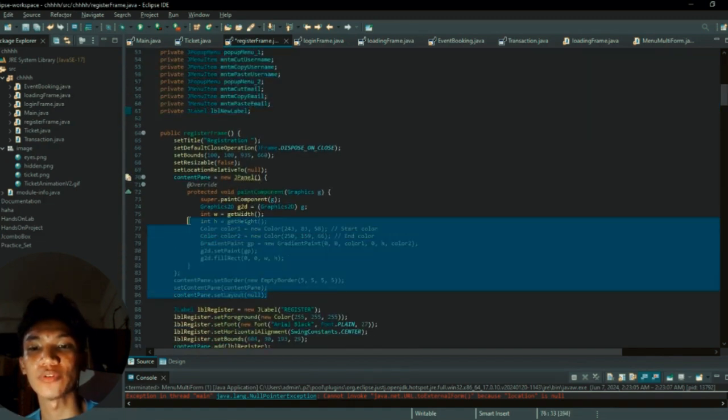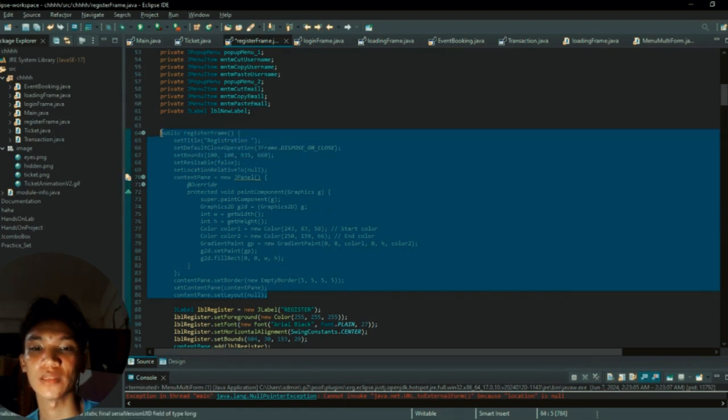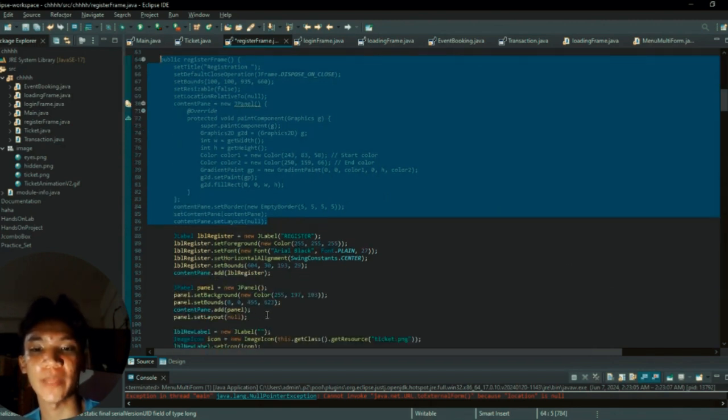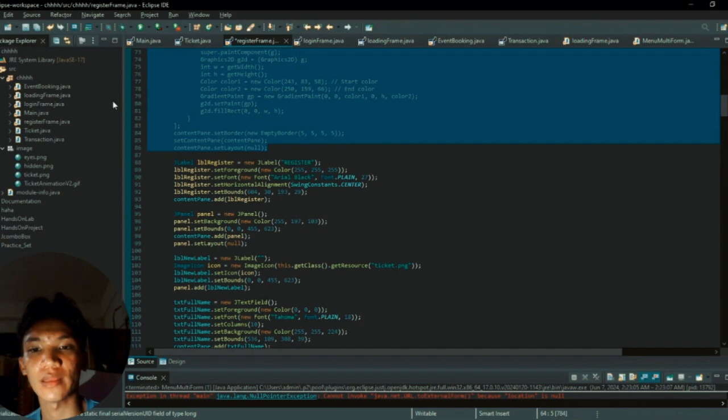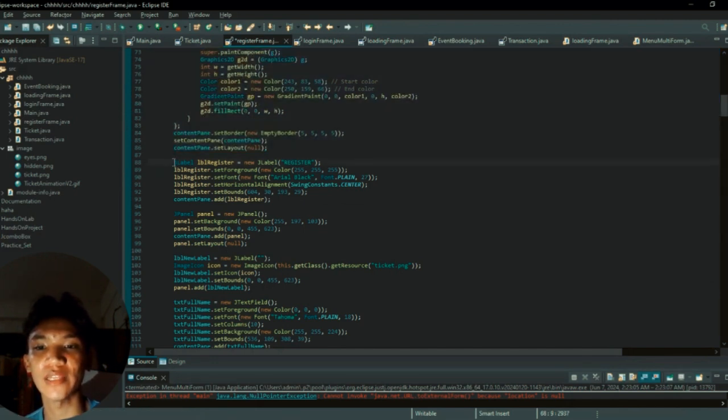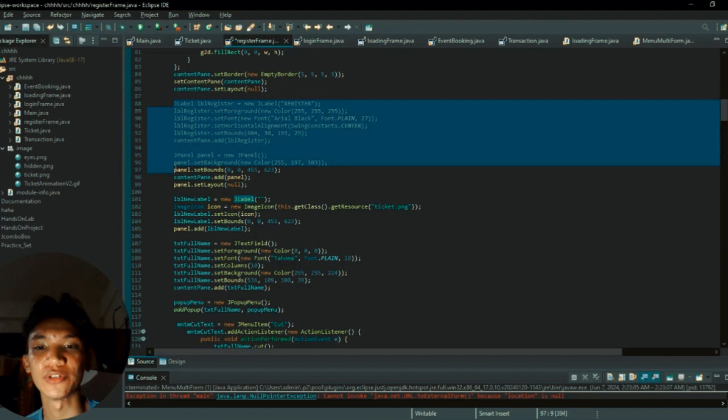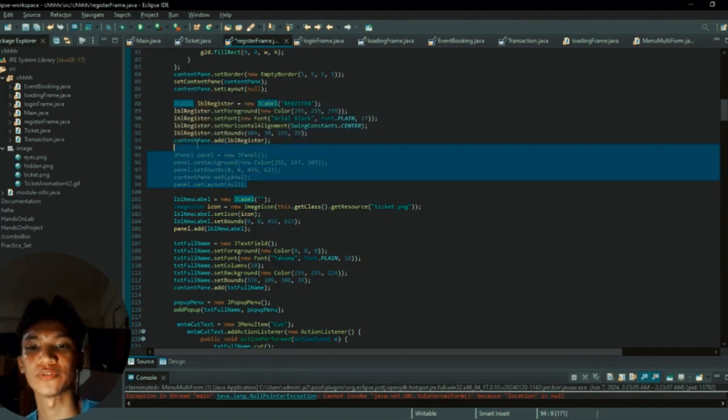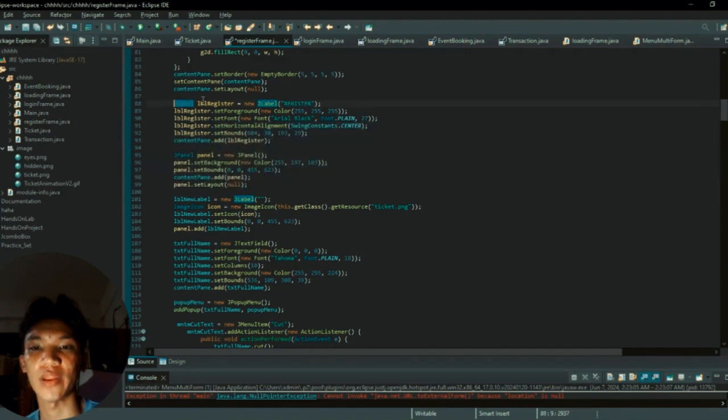We have a sub menu and a sub window and content pane, and this is the JLabel register.